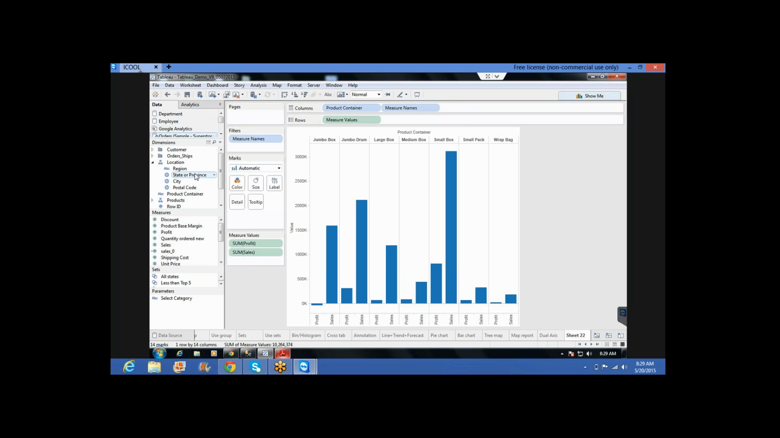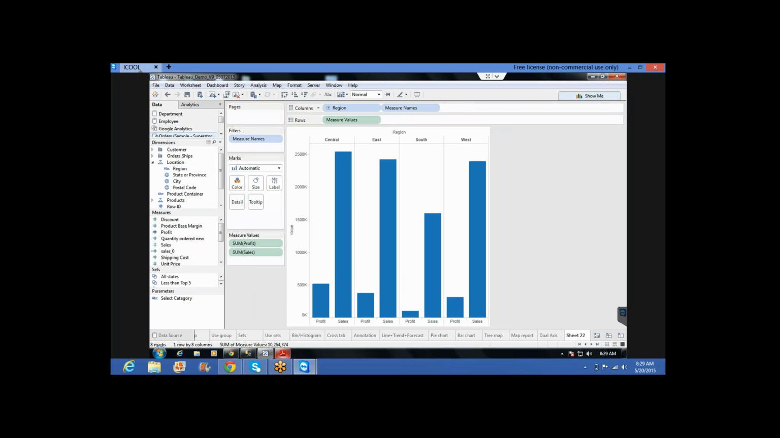You can also overwrite this with the region. Got it? Central, east, southwest regions. This is the region field, and these are the 4 items. Now you can see the profit and sales for each region. If you want to show multiple measures side by side, that is called a blended